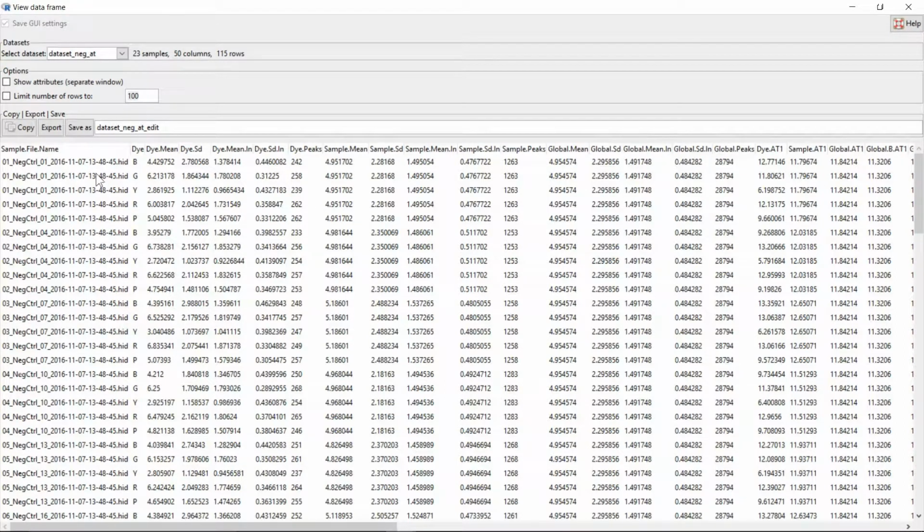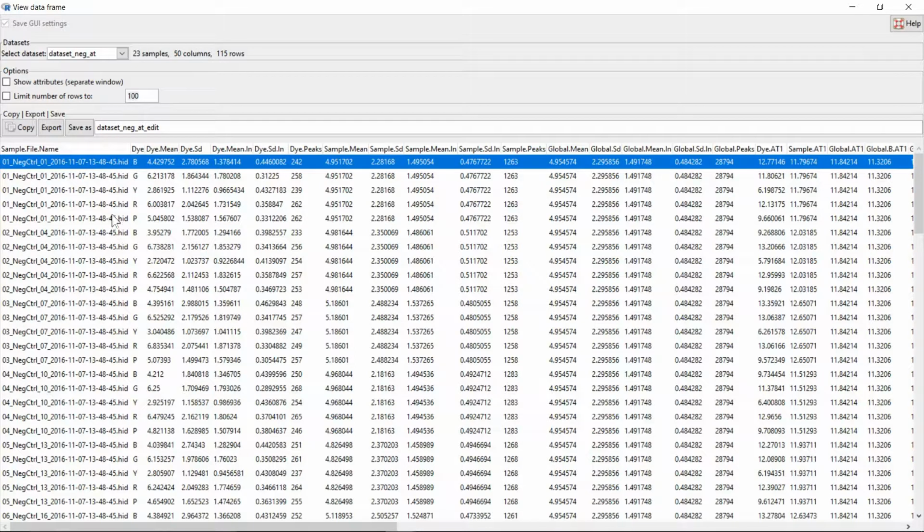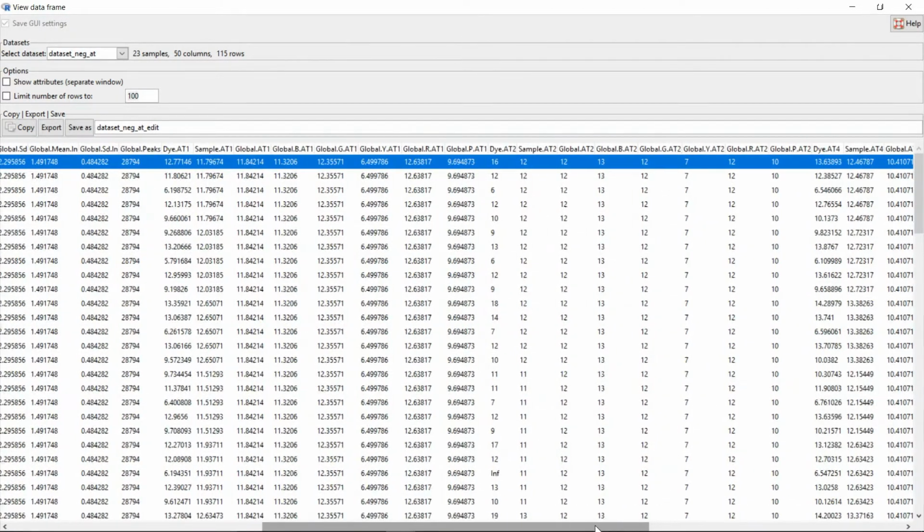So here you see that we have actually one row for each dye for each sample. The first sample is actually making up 1, 2, 3, 4, 5 rows here. First comes the summary statistics for the dye within a sample and for a sample, and then finally the global summary statistics here. After that, if we move more to the right, we have the result for the different methods